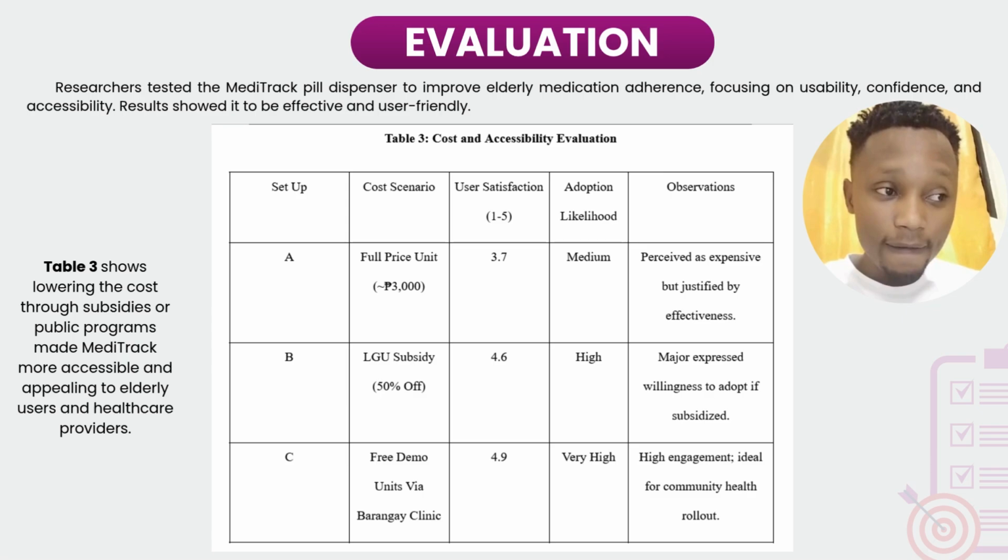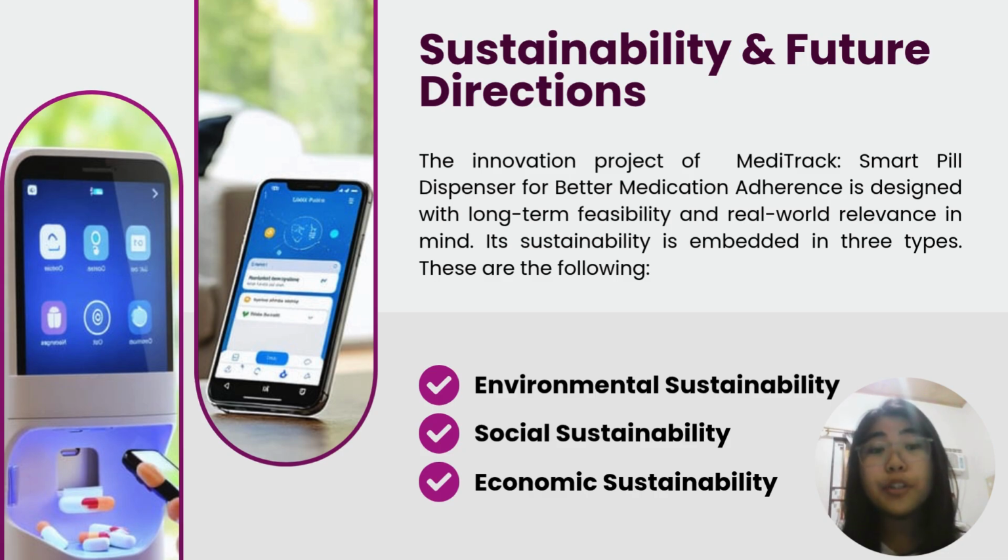So this table 3 shows lowering the cost through subsidized or public programs made MediTrack more accessible and appealing to elderly users and healthcare providers. Thank you. So, for the sustainability and future direction, the innovation project of MediTrack, Smart Pill Dispenser for Better Medication